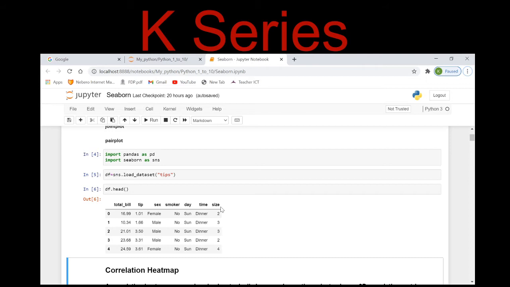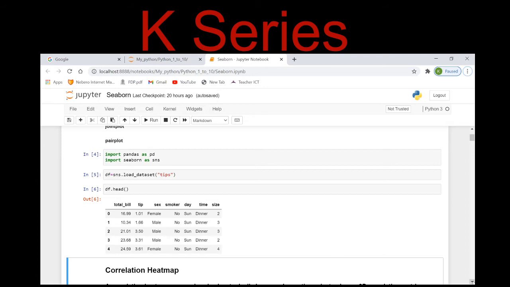I haven't covered unsupervised learning so far. In my upcoming videos, you will get to know more about supervised as well as unsupervised learning. But here, as I am covering Seaborn today, it is really important to make you understand the basics of supervised learning. We can consider the dependent feature as well as the independent features. Now from all these independent features which the tip depends on, we want to make out which feature has more significance on the tip feature.